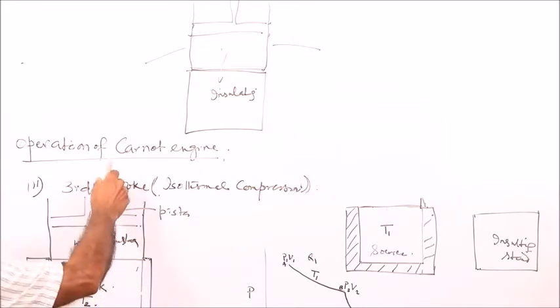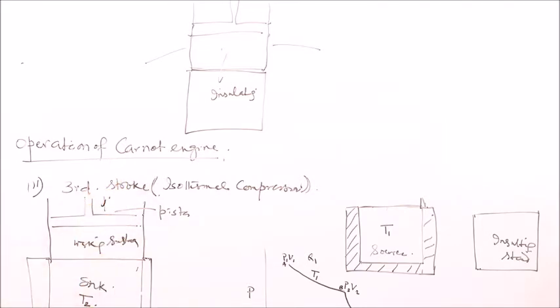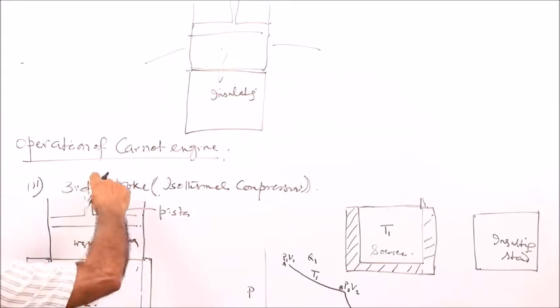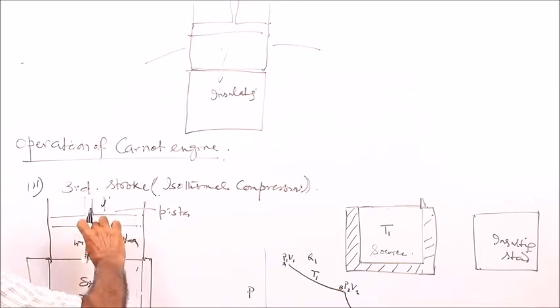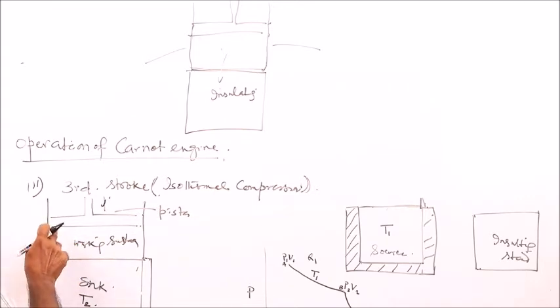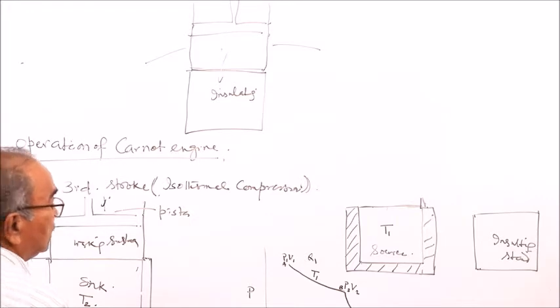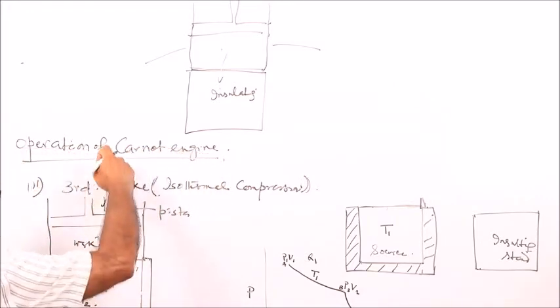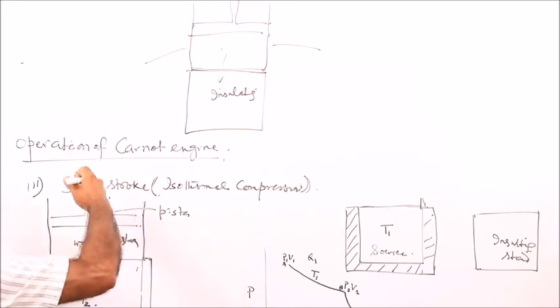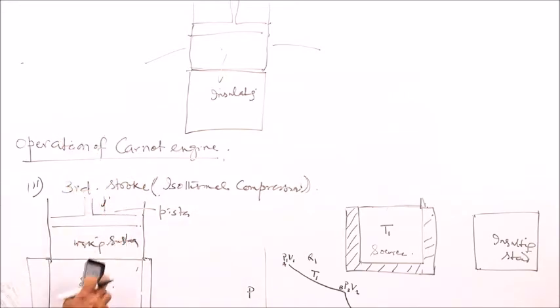We will push the piston downward so that the volume of the ideal gas will decrease. There is a compression. When the volume of the gas decreases, the temperature will rise. Its temperature was T2, and when we push the piston downward, the volume of the ideal gas decreases, so there will be compression. The temperature will rise slightly above T2, so heat will be rejected to the sink.